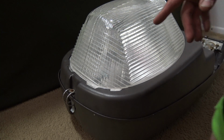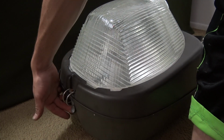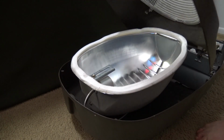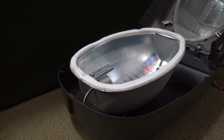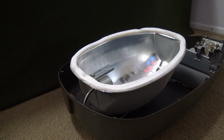Right. So just like the Hubbell RMA, to get into the front section of this Hubbell RLG, all you got to do is do this barn-style latch here and just open it up. So hopefully, like the other one, the door won't want to fall off on the cheap bracket. Oh, well, here it just came all the way off anyway. So I'll go ahead and put that aside for a moment, and we can go ahead and look at this